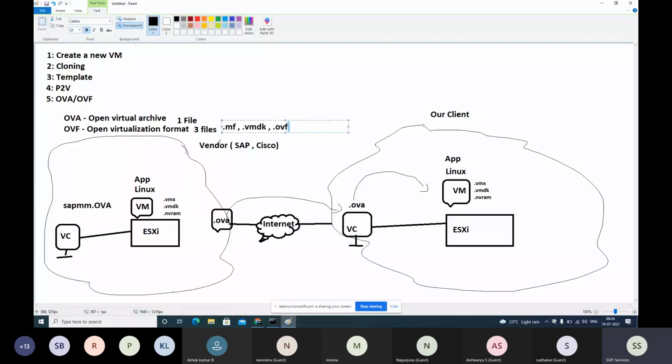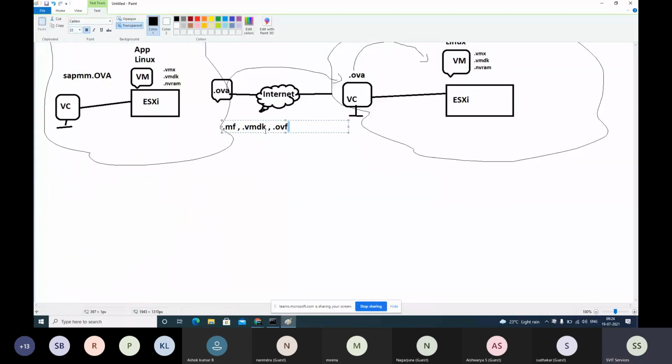So two advantages: you can use it across different virtualization products, and if it is not working for some reason, you take only the VMDK and attach it. In OVA it is not like that, right? It's one single file, so we cannot split like this, and also we cannot use it across virtualization programs. Any questions?